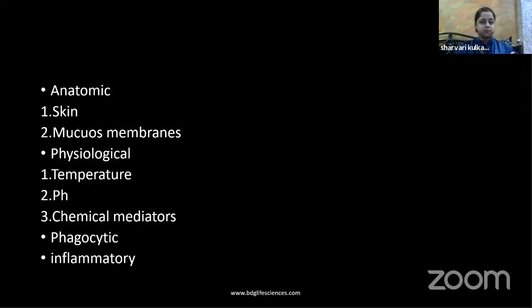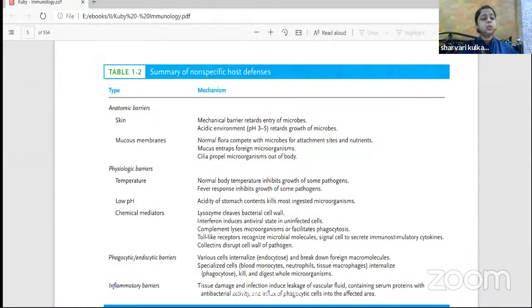Anatomic is skin, your first barrier, right? After that comes mucous membranes. Then physiological are temperature, pH, chemical mediators, and chemical mediators being phagocytic and inflammatory. So this is the basic. Skin means which